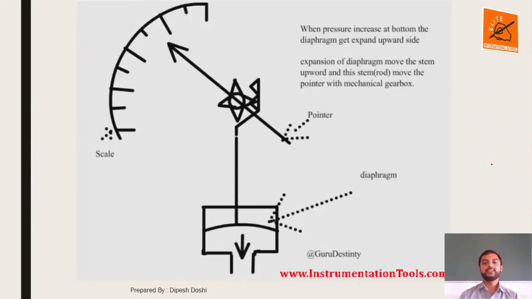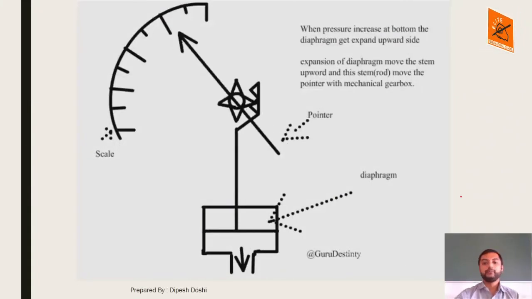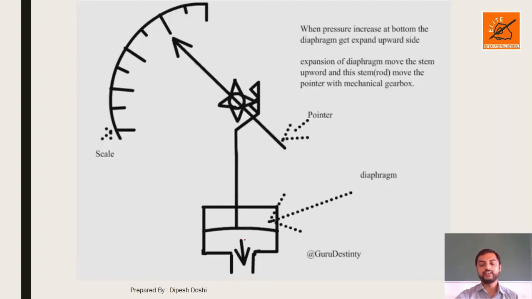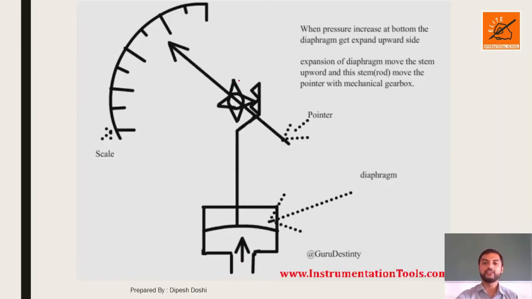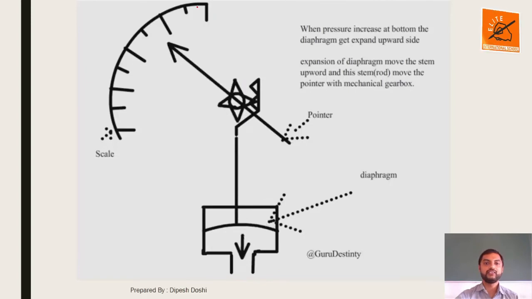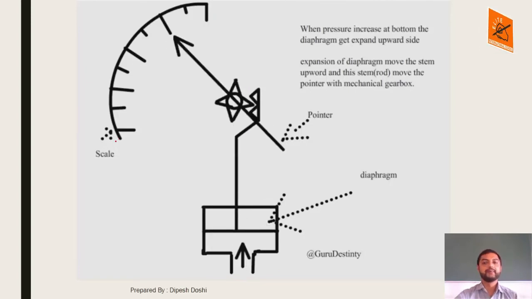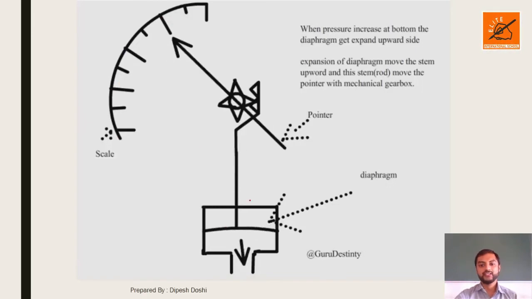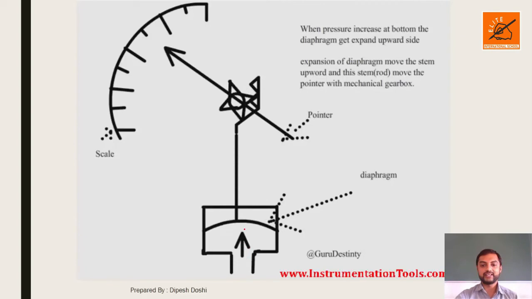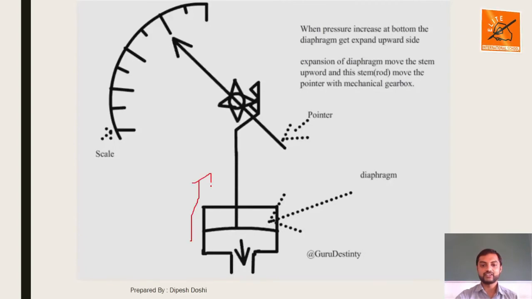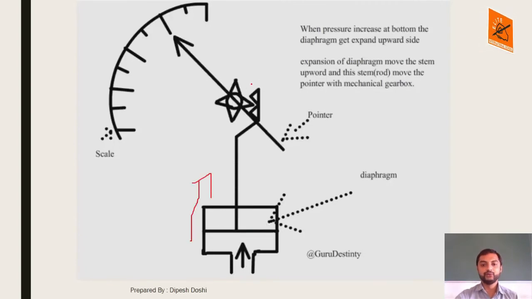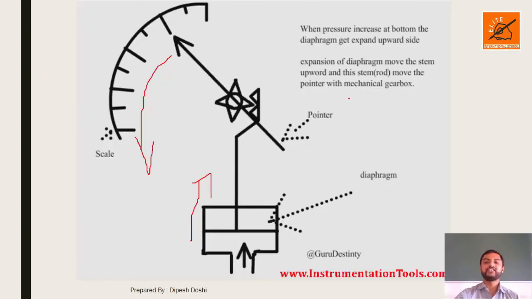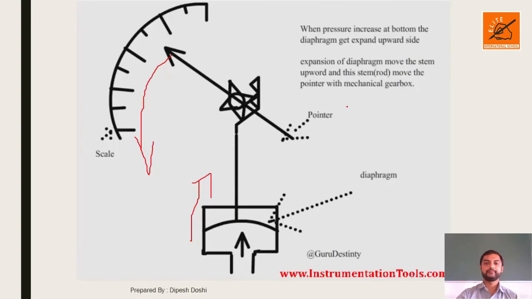So here you can see how it works based on the pressure. This is the pressure part, this one is the pointer and this one is your resistance. From that you can see how it is working. When you apply pressure in this direction, the pointer moves downward and it changes the resistance of the material.